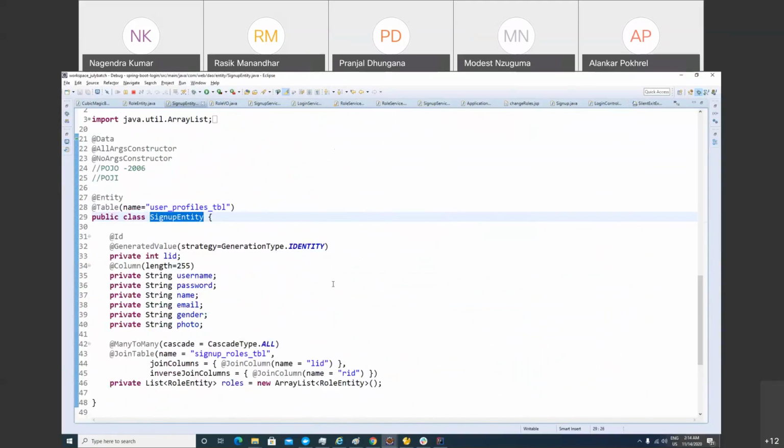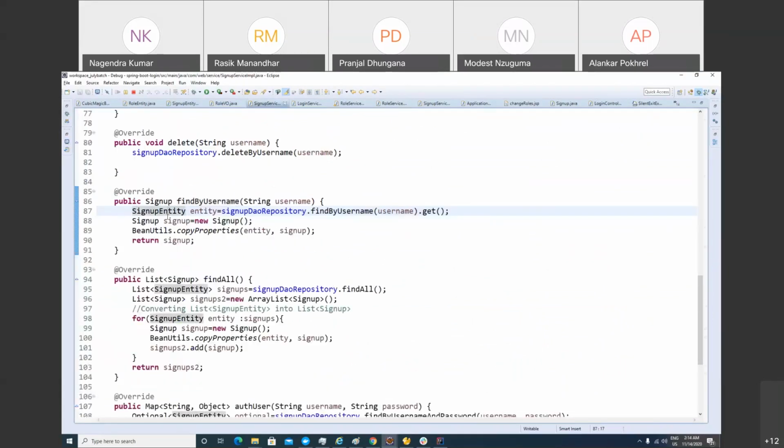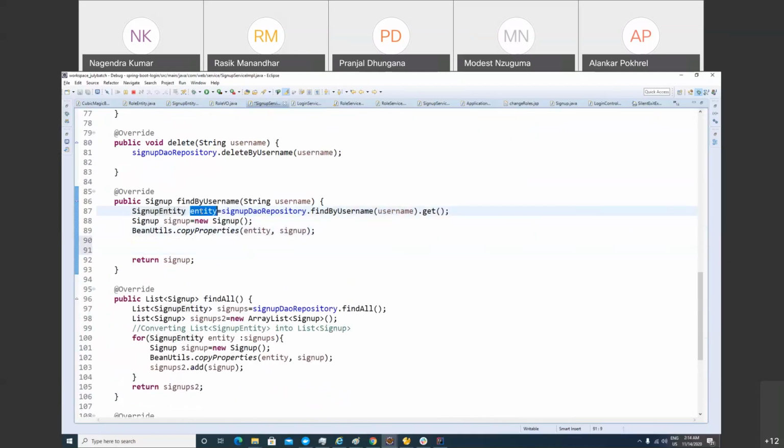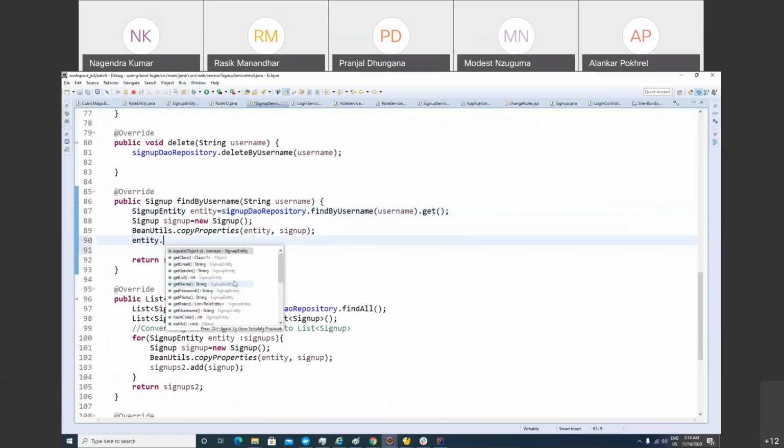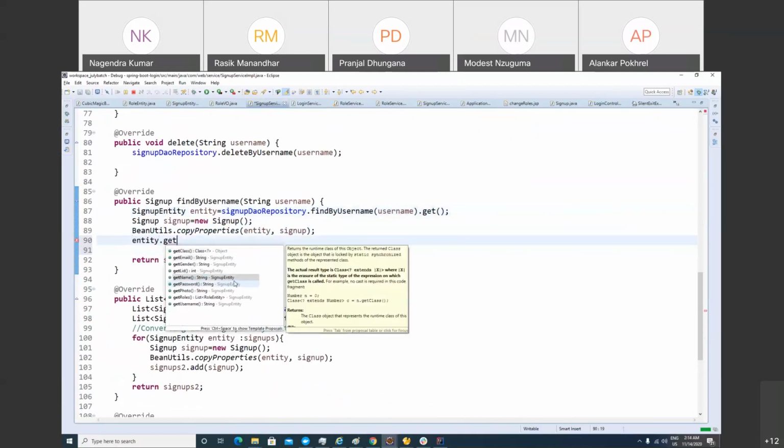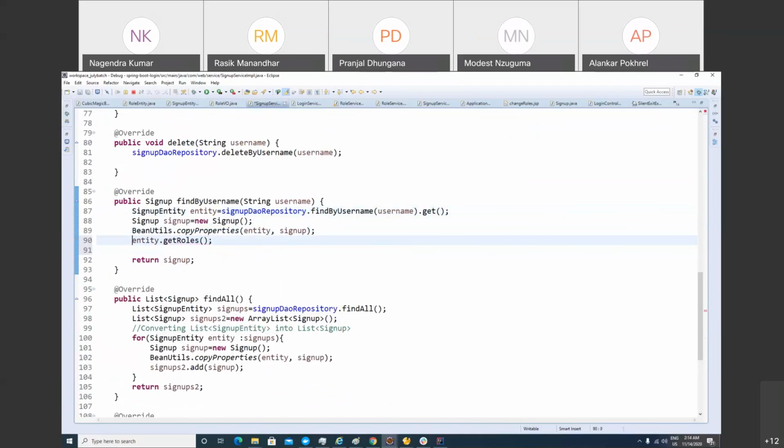So from the sign up entity, you have to fetch the role here. How? You can say, hey, Entity, give me your Entity current dot role. Current role will give you the current role only, the selected role, right? And the list of roles. Are you with me? Entity, selected role, current role, right? And this role you have to move to